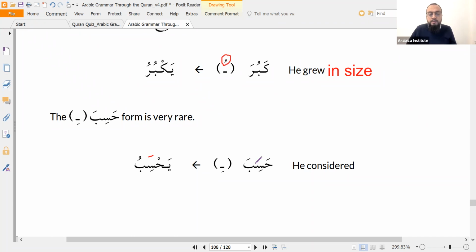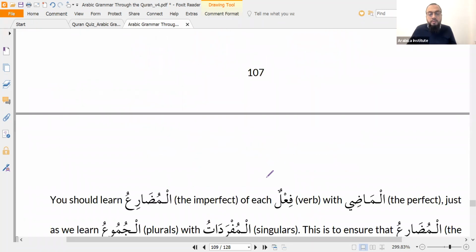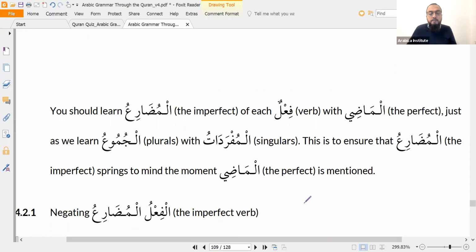So the kasra means considered and the fatha means? The same meaning. Was it accounted or something like this? Yeah, so to take something into account, to consider, it's all the same, the connected meanings. Interestingly, in the Quran, you only have yahsabu, you don't have yahsibu. So the Quran does not use yahsibu, it uses the yahsabu option. So you have these six permutations within this form of the verb. And so Ustad, if he said he did the accounts, would it still be hasiba or hasaba? Hasiba. The verb is hasiba.